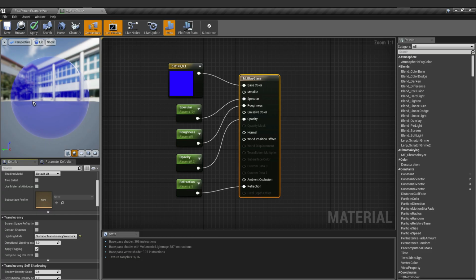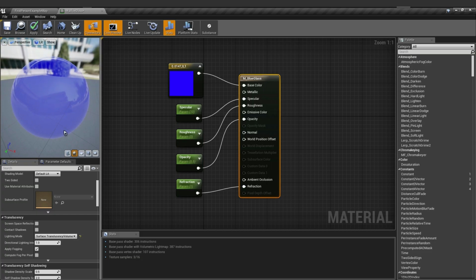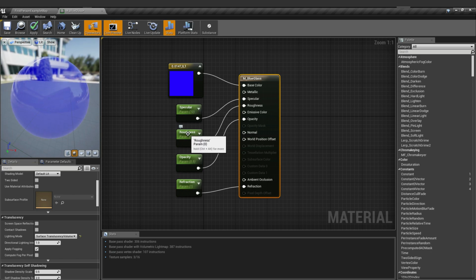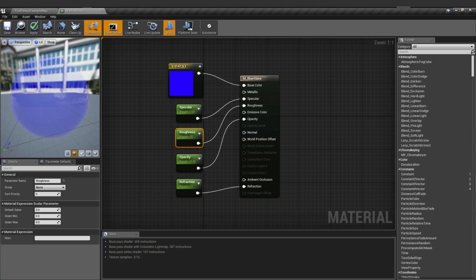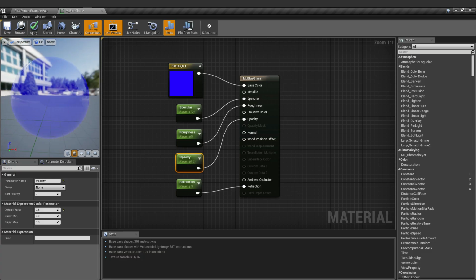And after that, you can see our glass material. We applied the specular as 10, the roughness as smooth, the opacity as 0.5, and the refraction is 1.